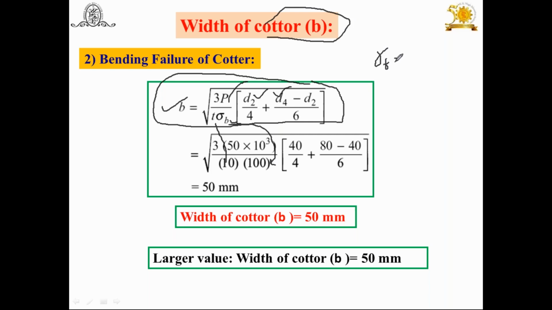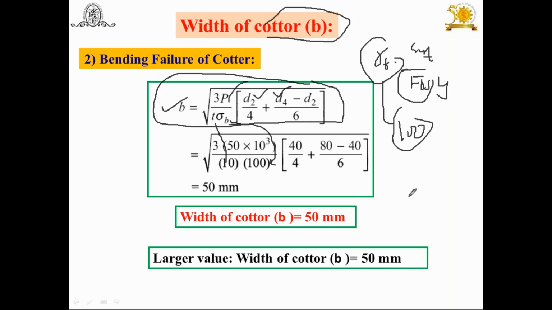Sigma T is equal to SYT upon FOS. Here in this case, FOS is taken as 4, therefore the sigma T is coming as 100. In earlier cases it was 66.3 for the spigot and the socket. Remember these things. This is the quarter, and for a quarter we have taken FOS 4. That's why this permissible bending stress is going to change. That is the 100. So you can do this SYT upon FOS and you will get this 100.